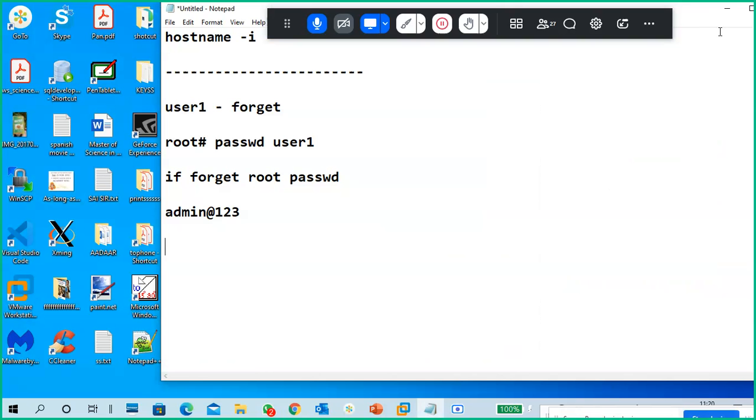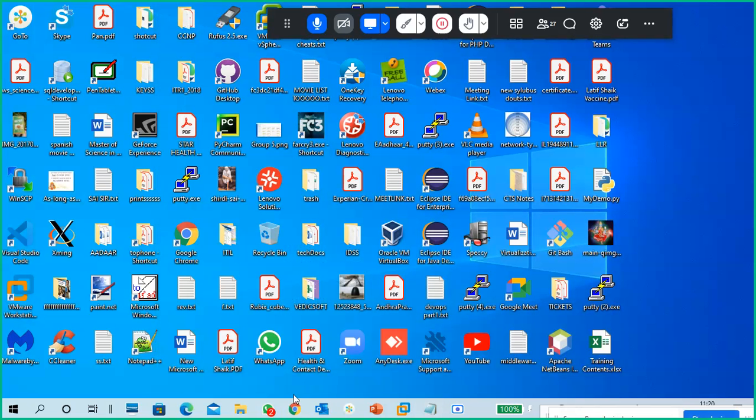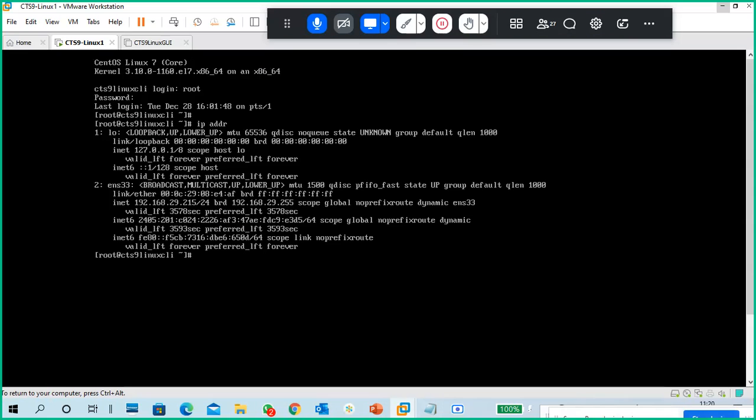So what is the next step? Guys, those who are unable to access PuTTY currently, so still problem is there. Okay, if you solved the problem, no problem. If still problem is there, then you can type the commands also here, like a clear command. You can type the commands here.